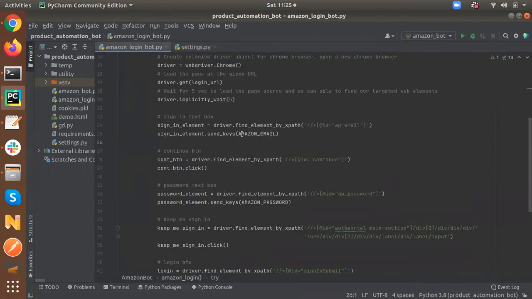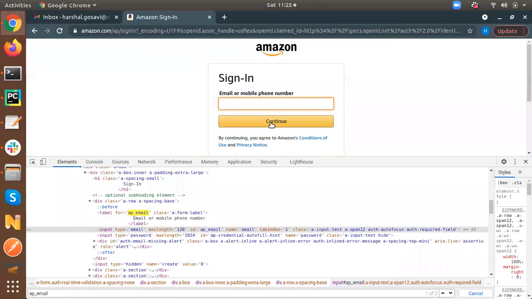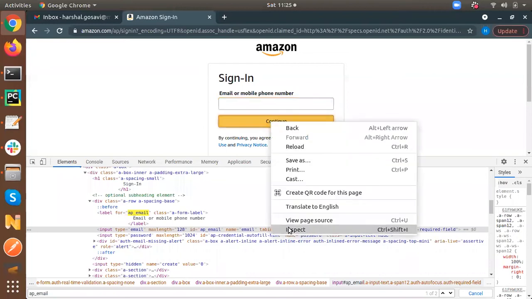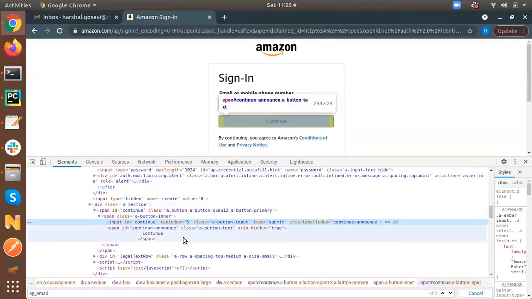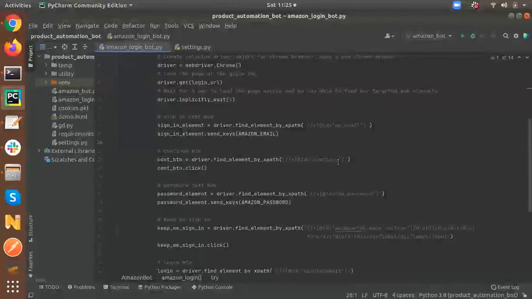After send keys, I need to click on the continue button, like this continue button. The same thing I want to perform here: we need to find the unique web element. For the continue button, Amazon uses an input box, an input text box. So we find that particular ID also. Here I am using the continue ID. And then after finding the continue button, there is one method called click,